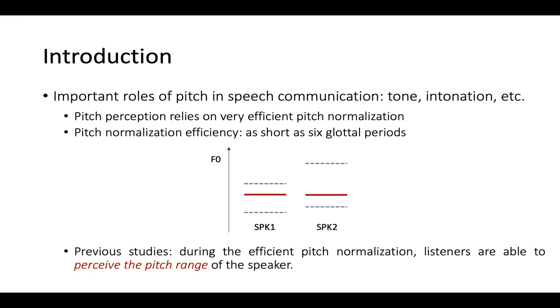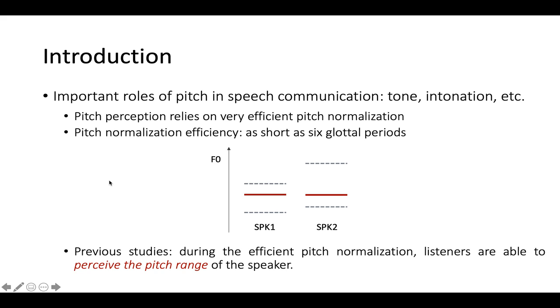As shown in the figure, imagine there are two sounds from two different speakers, but they are at the same F0 level, shown by the two red lines. But in speaker 1's pitch range, it's representing a high pitch. In speaker 2's pitch range, it's representing a low pitch. So we never perceive the pitch height from the absolute F0 of the sound, but the relative height within the